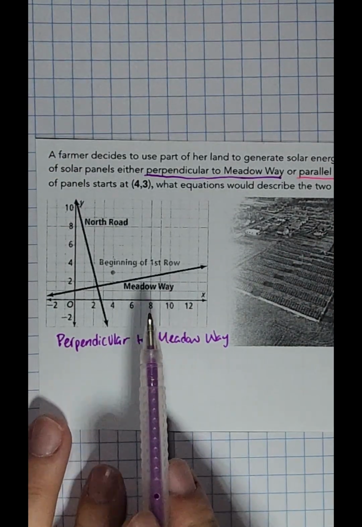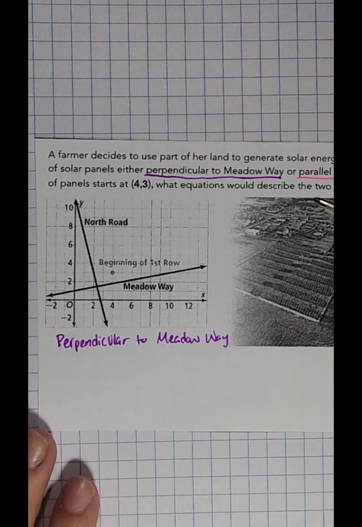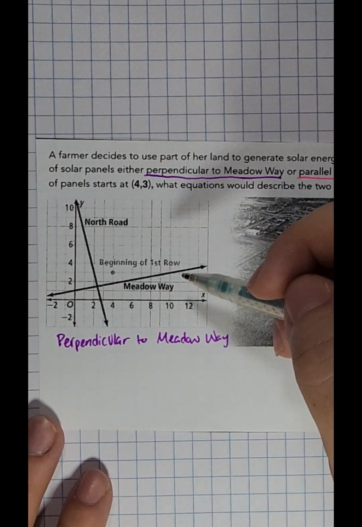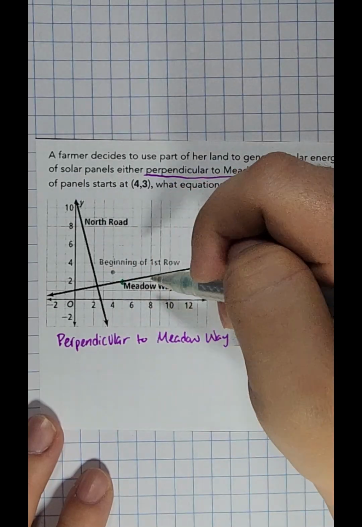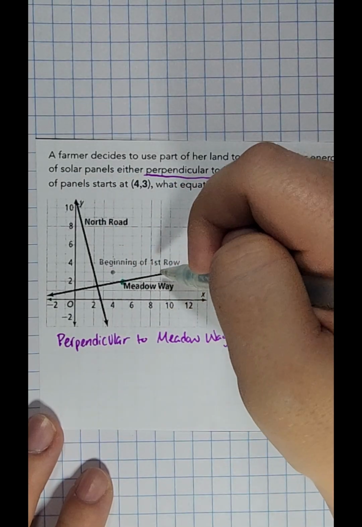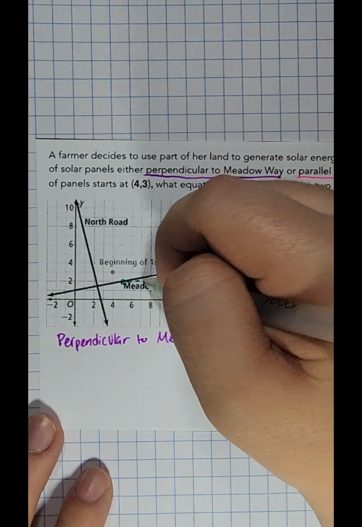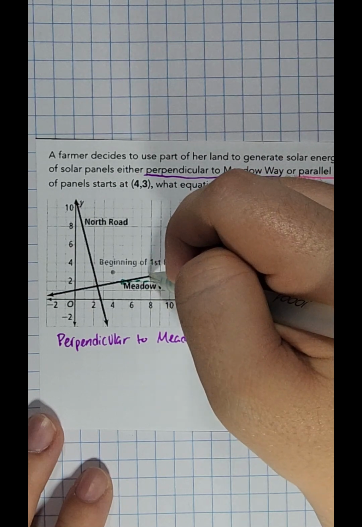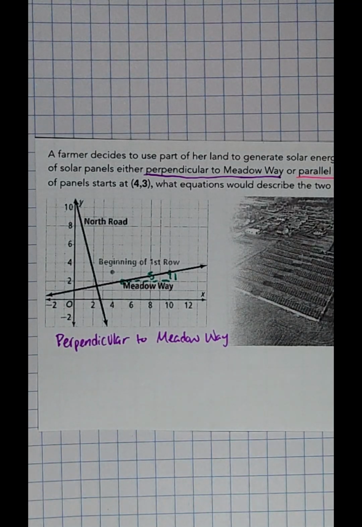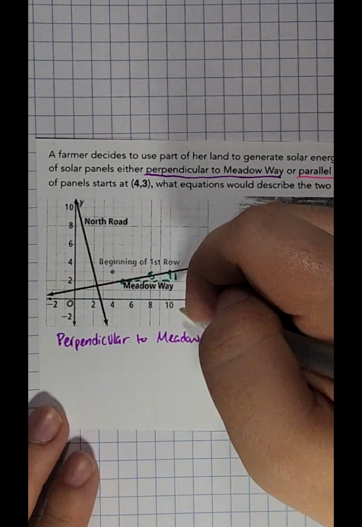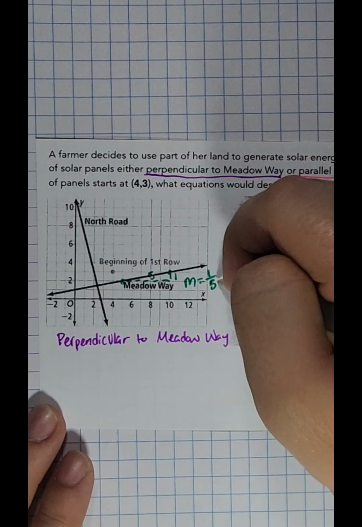First thing I need to do is find out the slope of Meadowway. So I'm going to look for 2 points that cross directly on a grid line. It looks like I have one right here, and I also have one right here. So we went over 1, 2, 3, 4, 5 spaces, and we went up 1 space. So if we went up 1 over 5, that means that the slope of Meadowway is 1/5